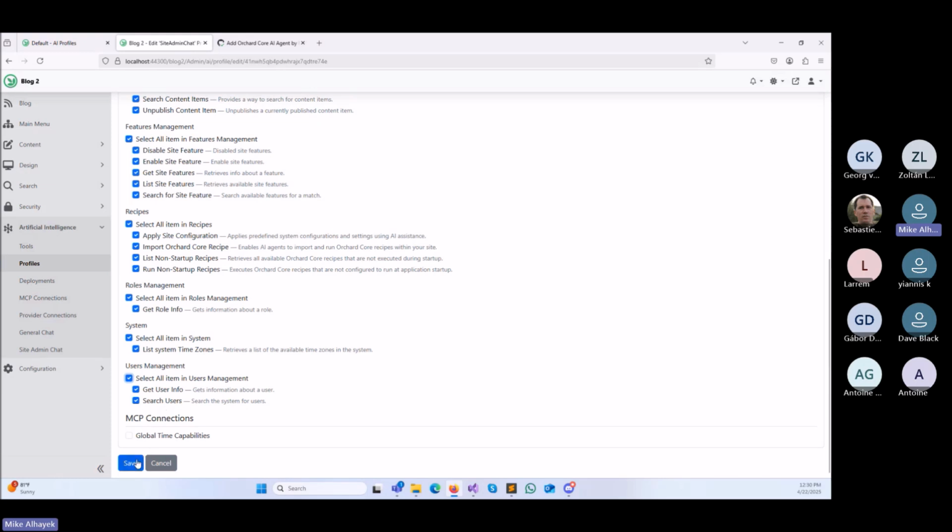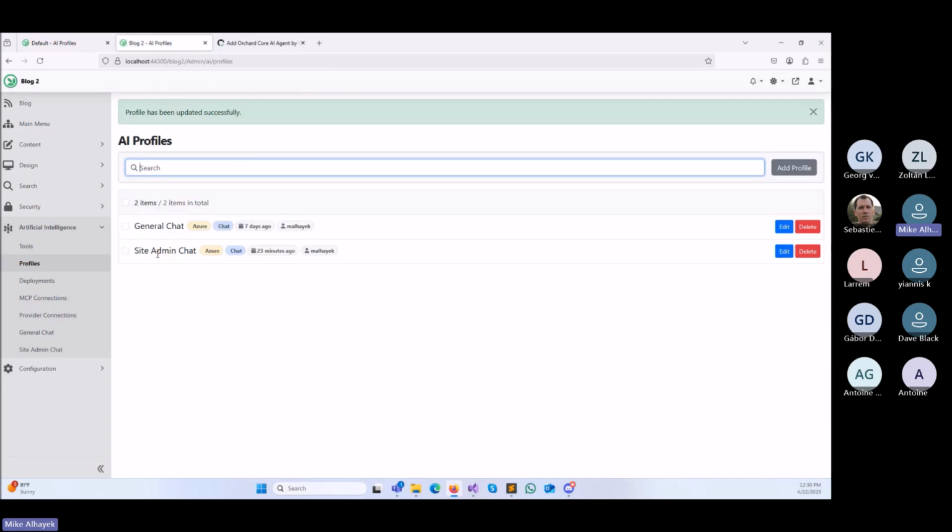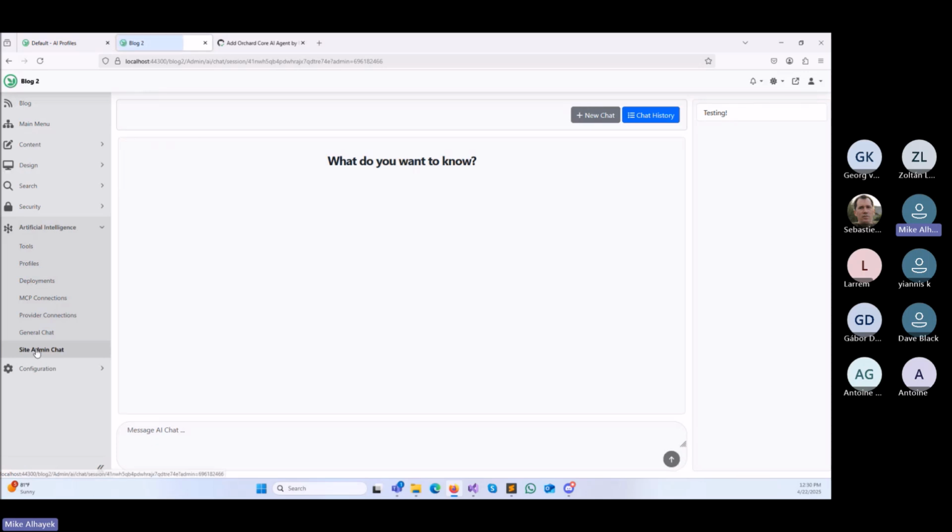Again, you don't have to enable all of them. I'm just enabling everything so you can see how it all works. So now this site admin profile has capabilities to do work for us. Now, if we go in here,